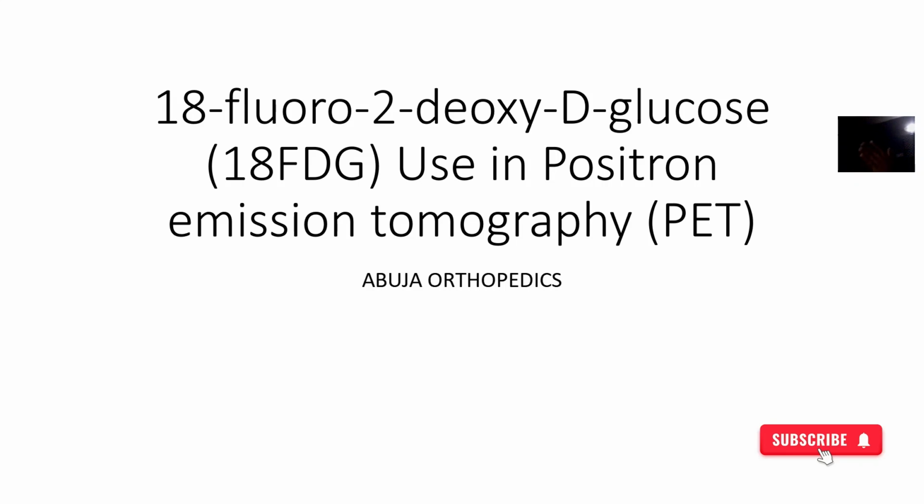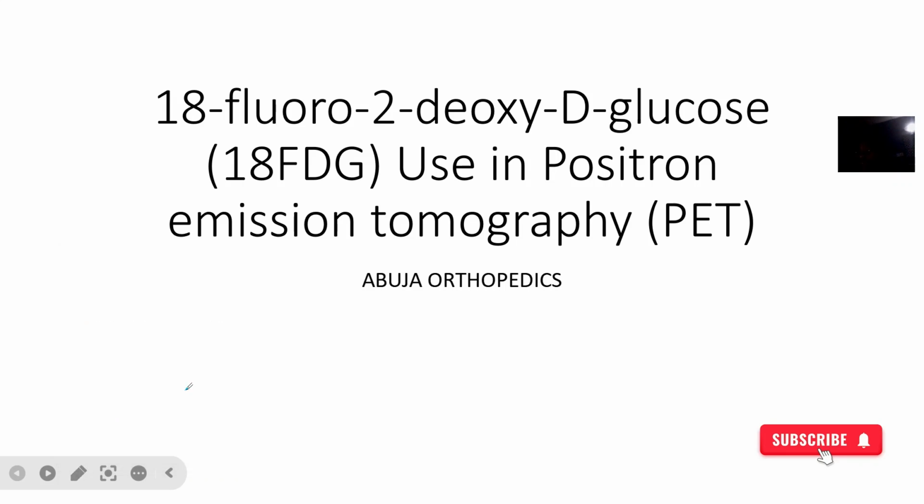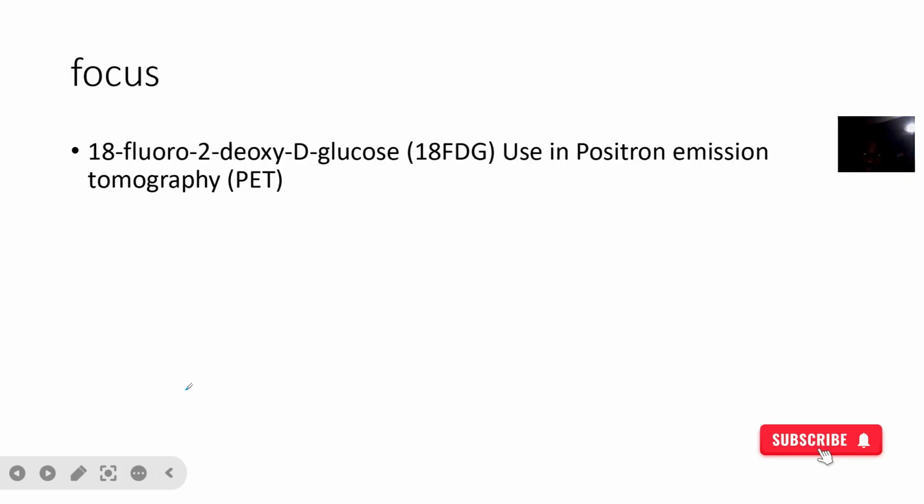Now we get to look at another mode of imaging. This mode of imaging is what is known as 18-fluoro-2-deoxy-D-glucose. They usually abbreviate it as 18-FDG. So it's used in what? PET scan, that's positron emission tomography. So look at the properties, and also have a look at how images taken with this enhancement